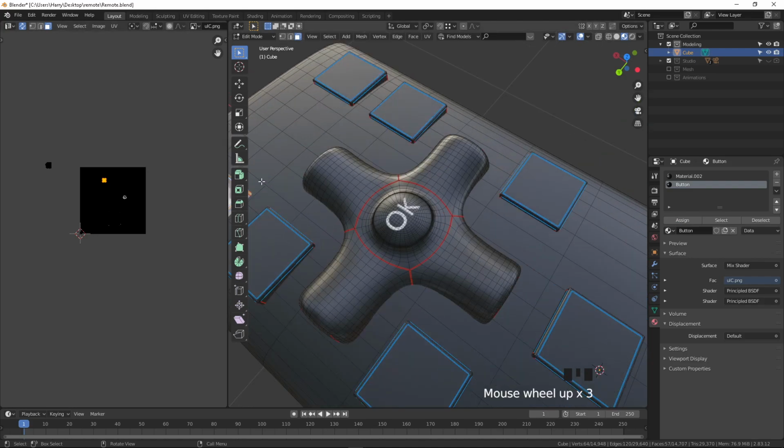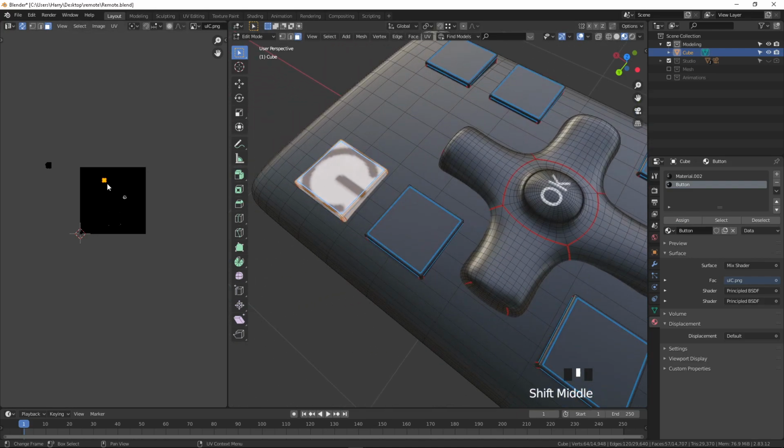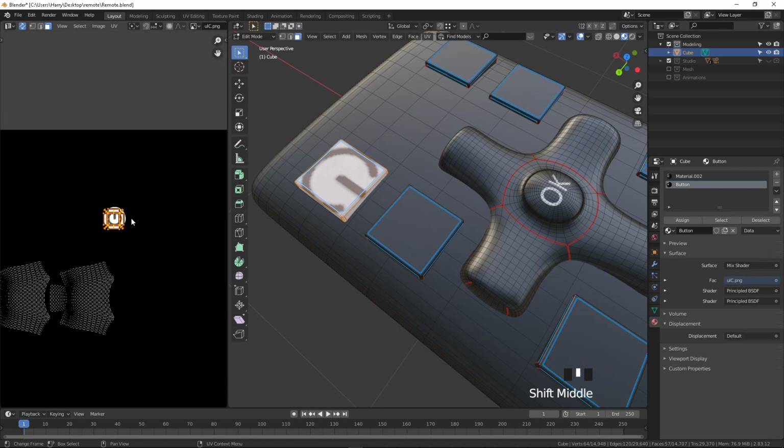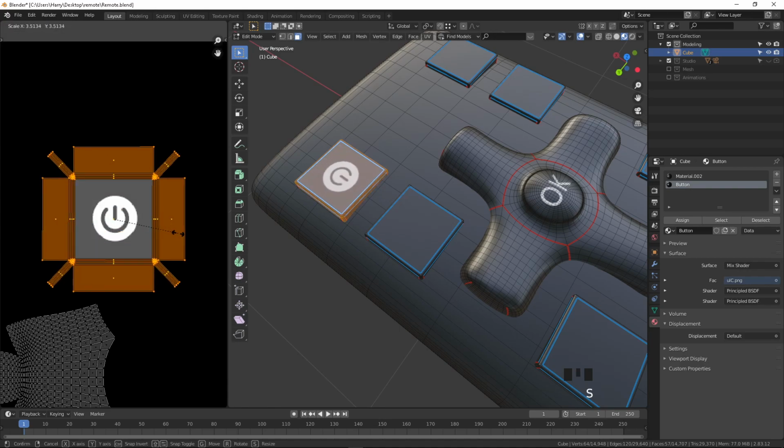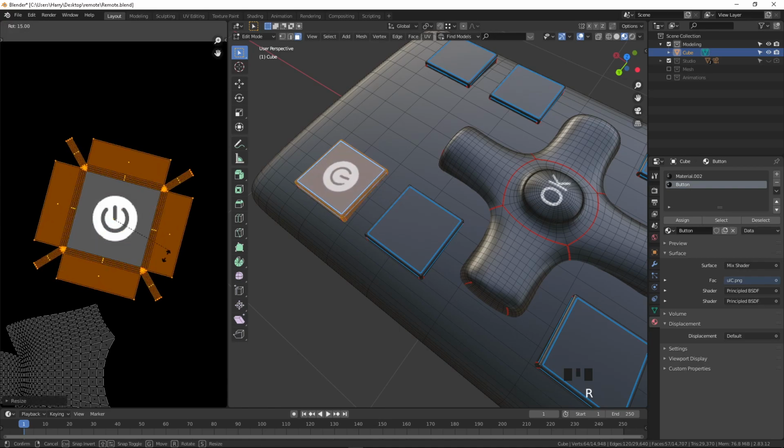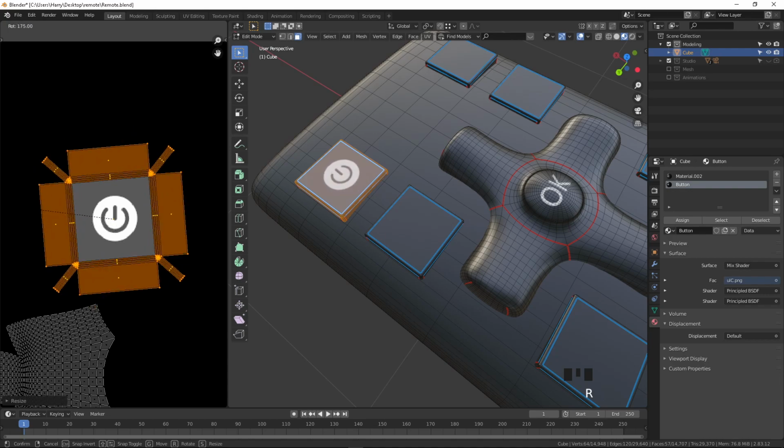So you can see now this one is up here. If I press the period key to zoom, I make it zoom, and rotate using the control key.